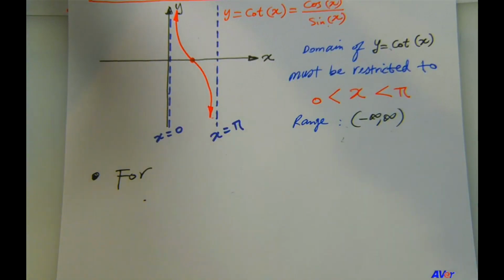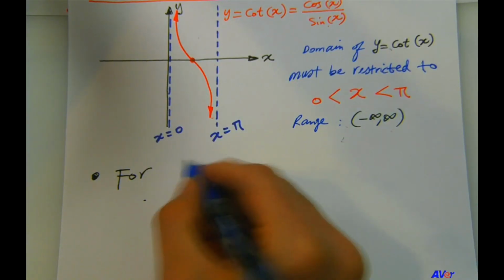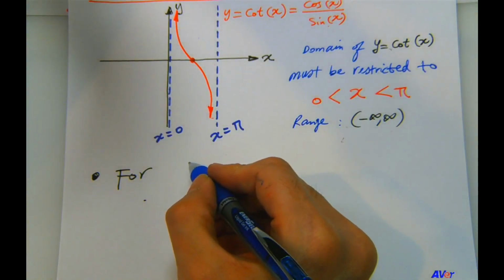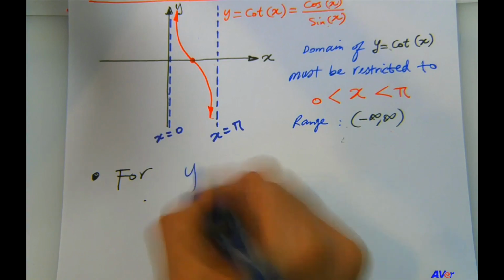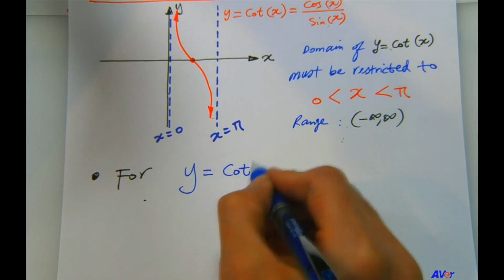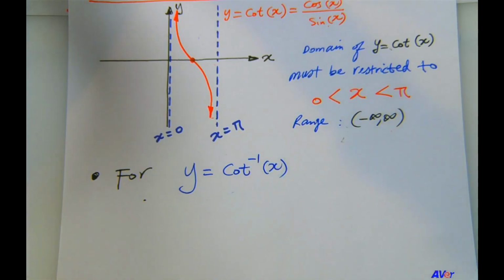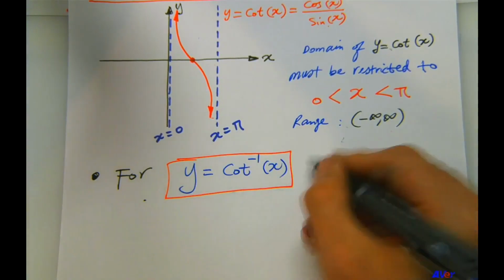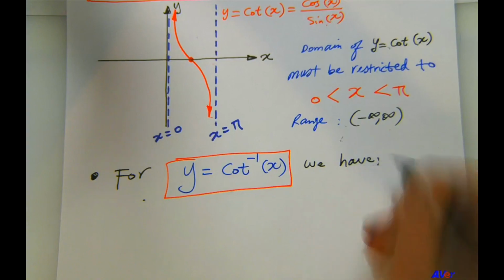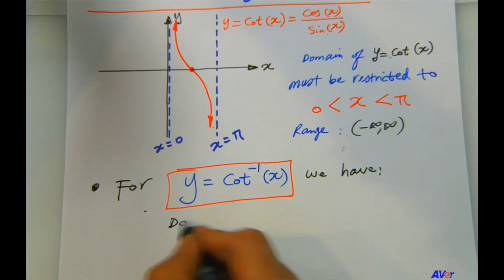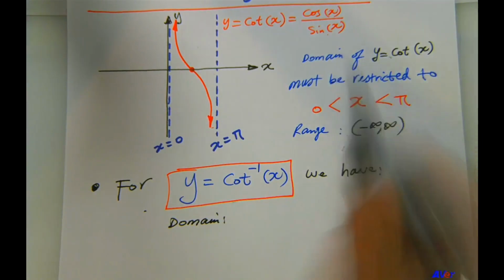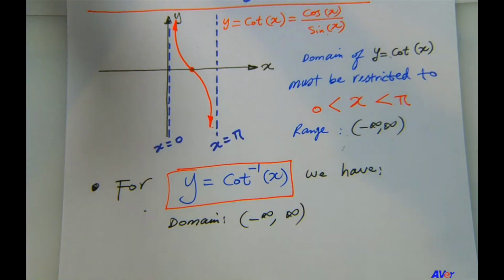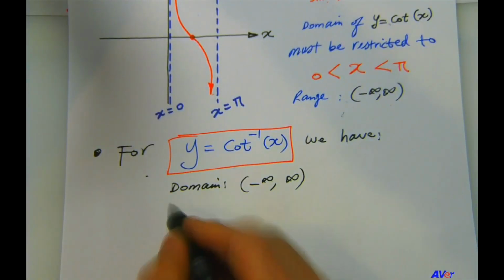So for y equals inverse cotangent of x, we have the domain is going to be the range of the original cotangent function. So the domain is going to be negative infinity to infinity, right? And the range,